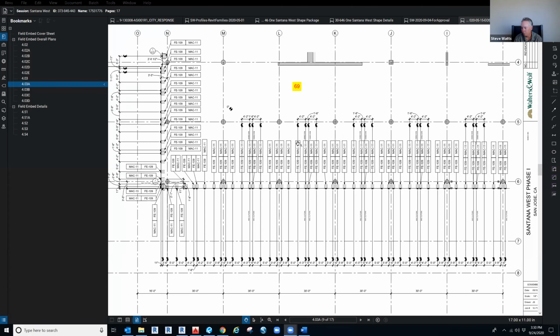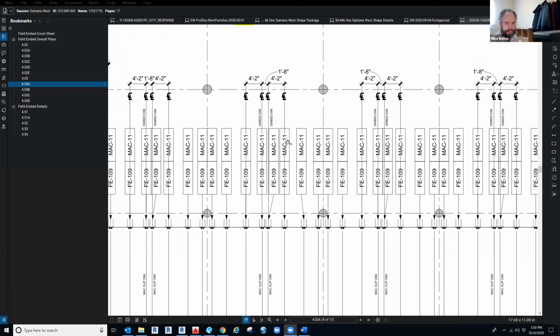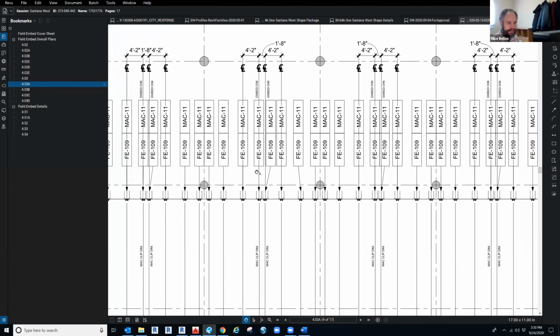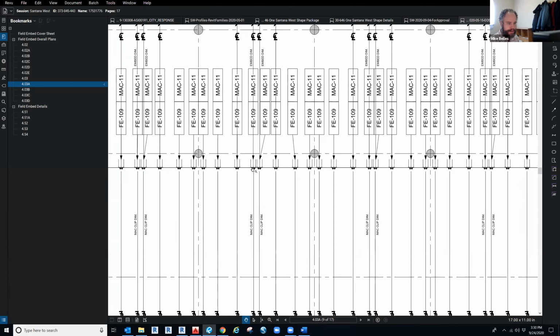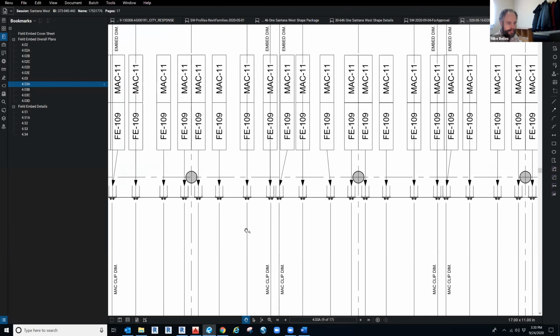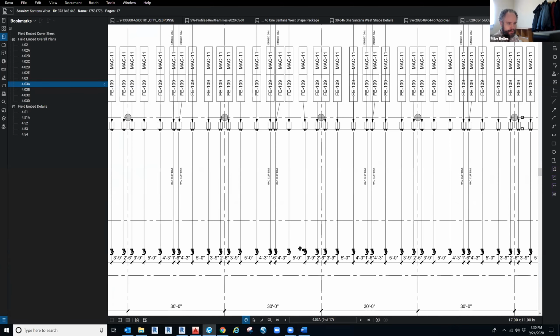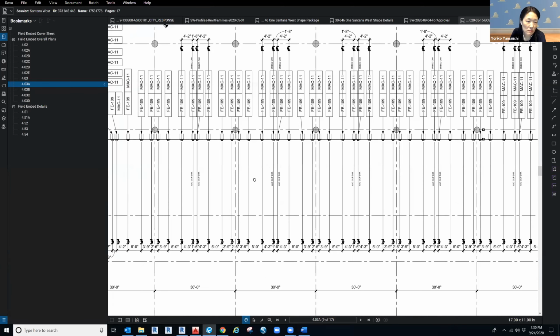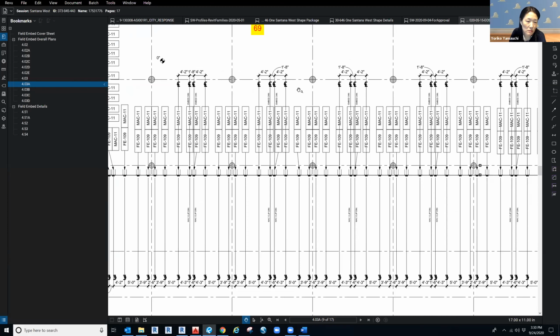Yeah, because you have a post-tension building, right, Mike? This is PT slabs. Mm-hmm. Sorry, is that post-tension? Yes. Okay. So at the middle conditions here, the mat clip is not centered on the embed because everything is so close here. So what we did was the outer dimension string is for the mat clips. The inner dimension string is for the embeds. Yes. The embeds are on the inside, the mat clips are on the outside.